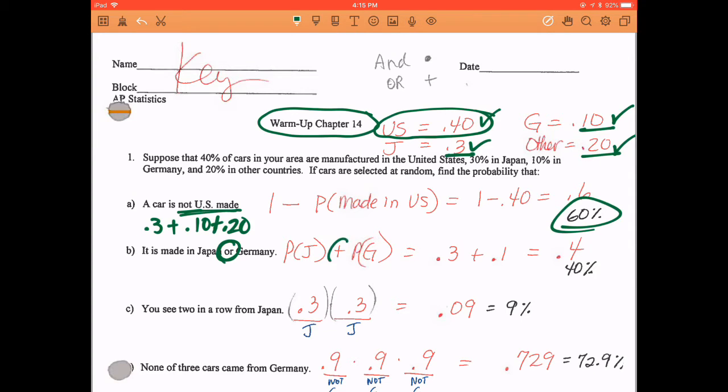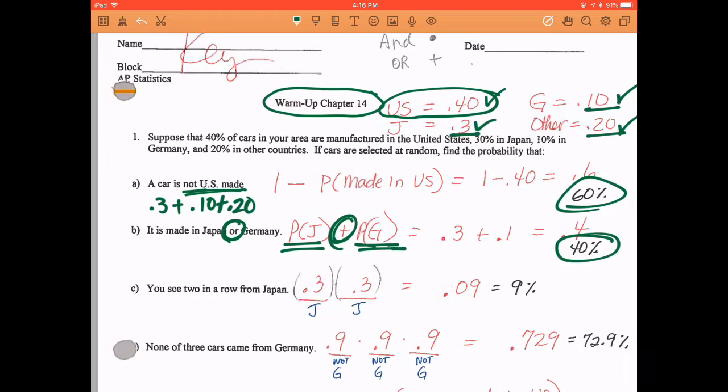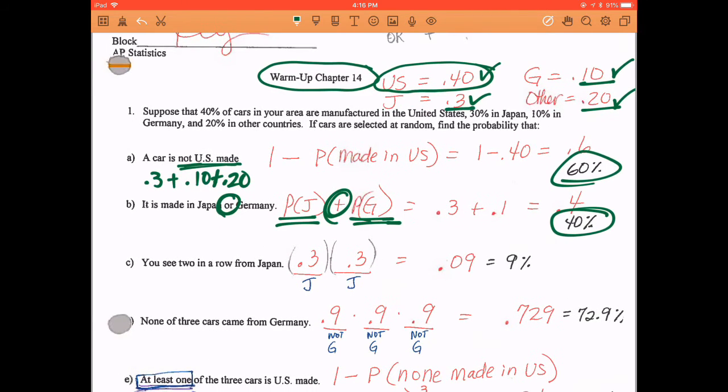Now, next one is, is it made in Japan or Germany? We know that "or" is addition. So that "or" is going to add those two parts together for a total of 40%. So next we have two in a row. So two separate events that must happen at the same time. That's "and." First one is Japan and the second one is Japan. So that's going to multiply 0.3s together to get 9%,